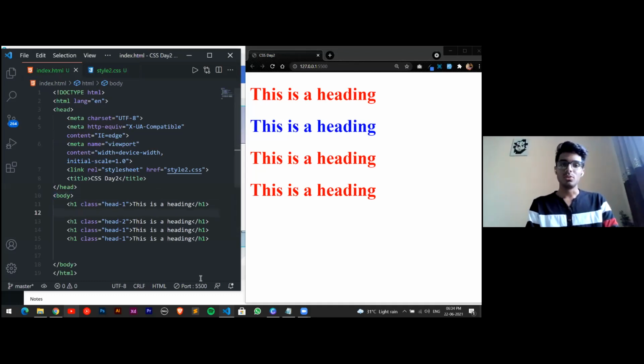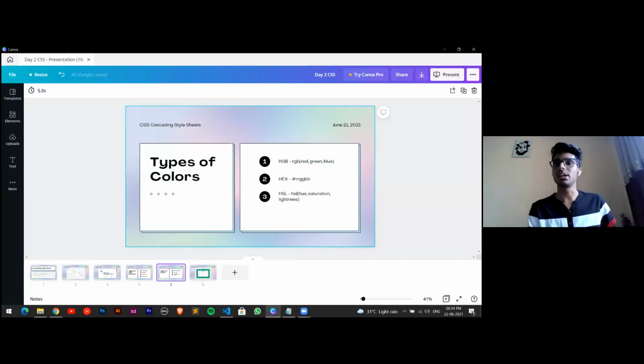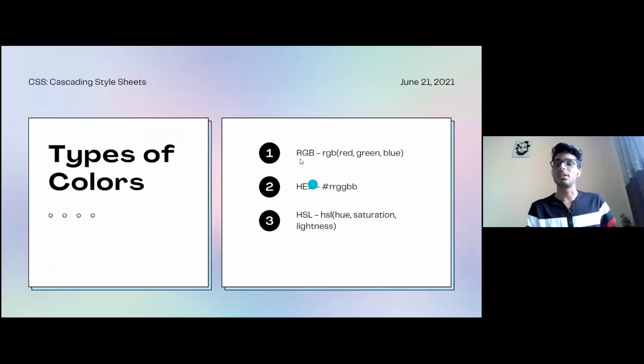Yeah, so we'll move forward with the colors part. For colors, as we have seen, there are three naming schemes, that is RGB, hex, and HSL. RGB is by default red, green, and blue, and this is the syntax, where we specify the values of red, green, and blue.